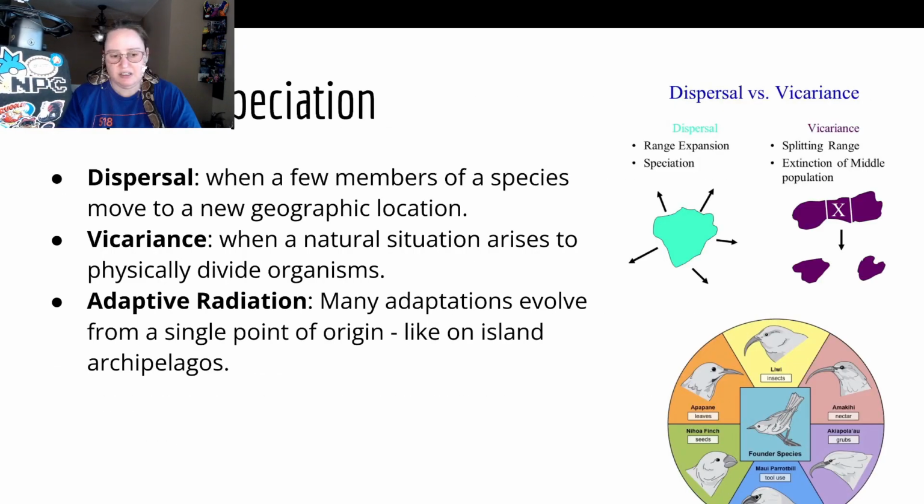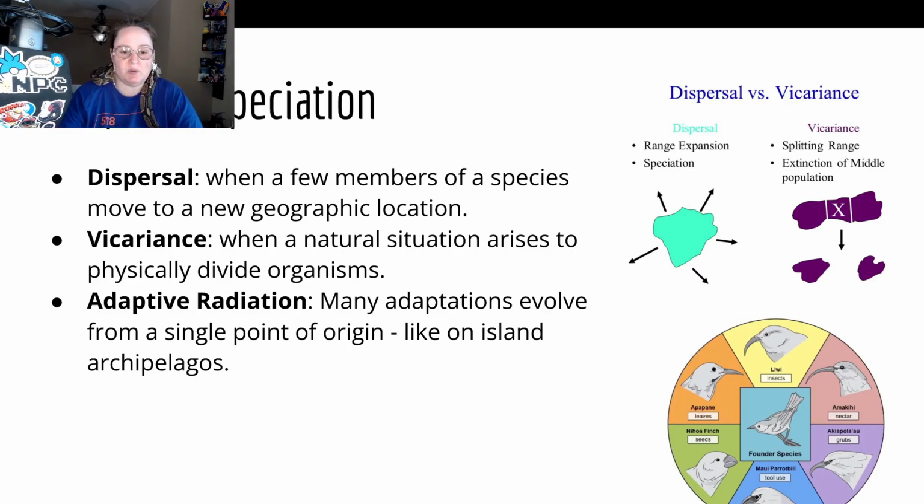And they did. So anyway, allopatric speciation. We've got a few different types. We've got dispersal, when a few members of a species move to a new geographic location. Again, they're just like, oh, there's just too many of us here. We're leaving. Goodbye. And that happens a lot. Actually, some plants bank on it, trying to get their kids as far away from them as possible using the wind and whatnot. Birds do it all the time, which is why we have so many different types of birds all over the place, because they're always flying off.